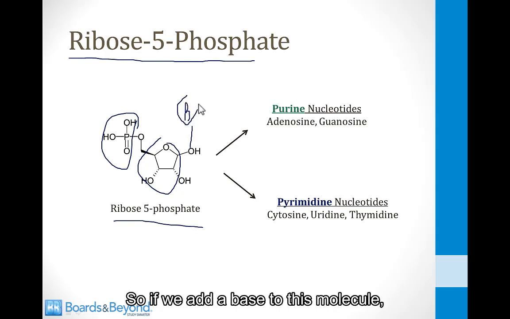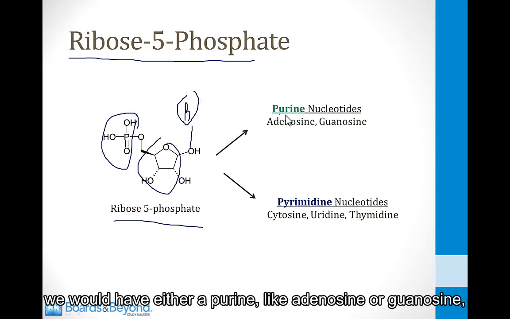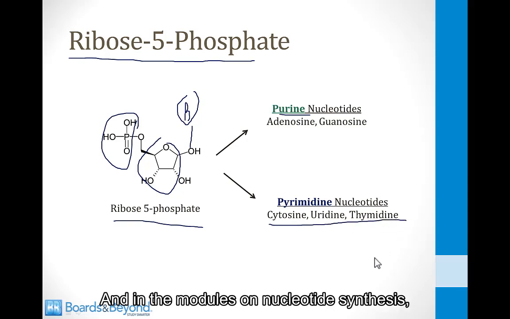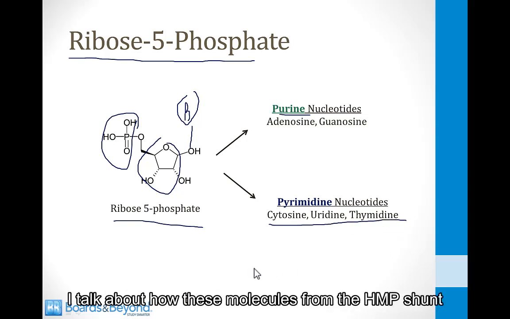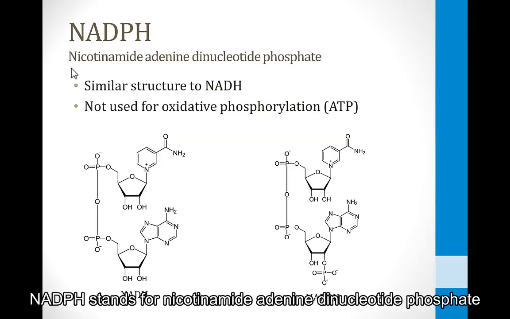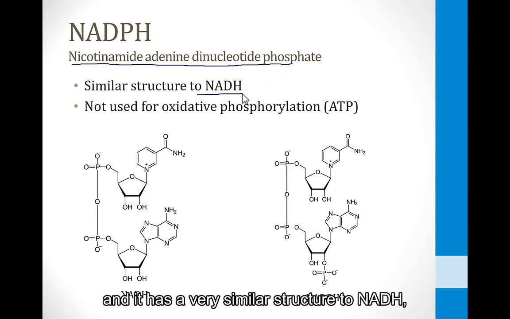So if we add a base to this molecule, we would have either a purine like adenosine or guanosine, or we could synthesize a pyrimidine like cytosine, uridine, and thymidine. And in the modules on nucleotide synthesis, I talk about how these molecules from the HMP shunt are used to synthesize these nucleotides. NADPH stands for nicotinamide adenine dinucleotide phosphate, and it has a very similar structure to NADH, but